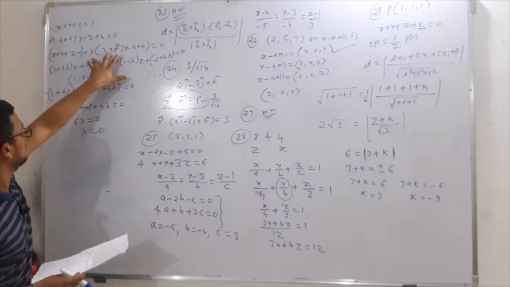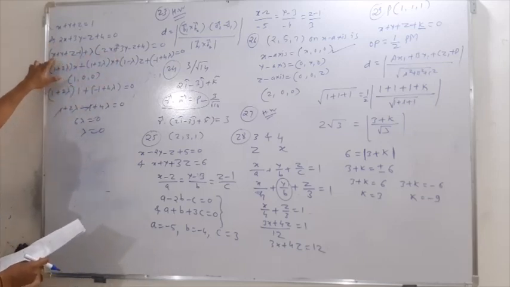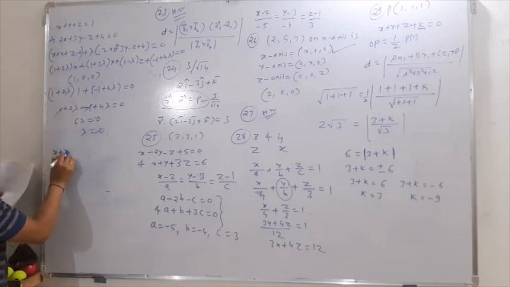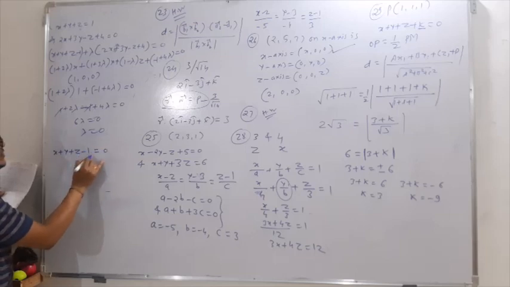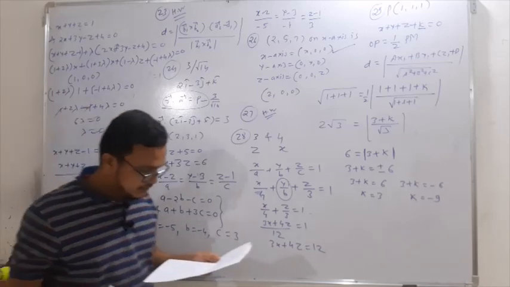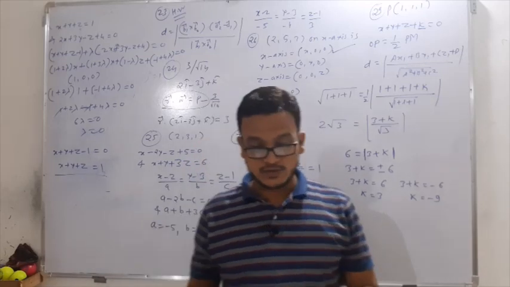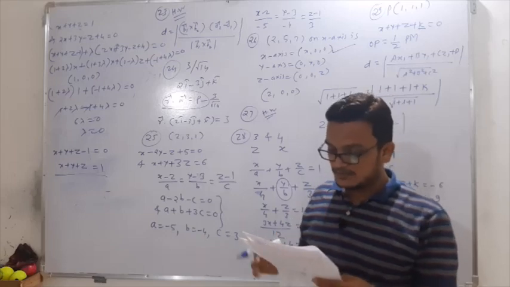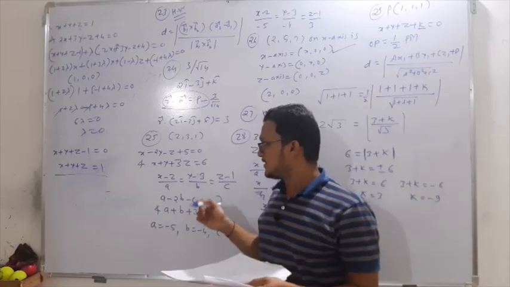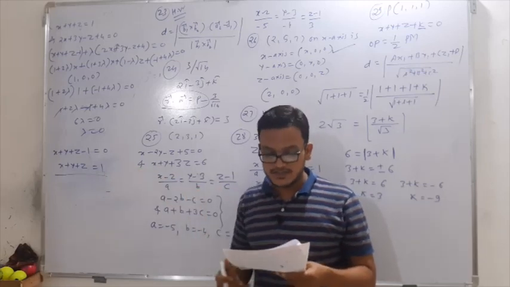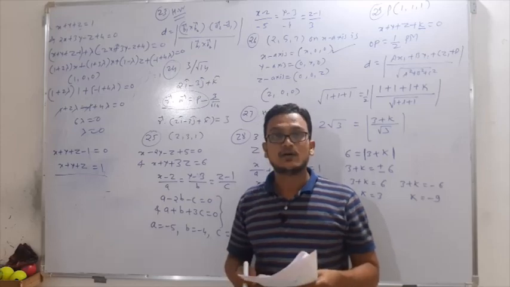If I get lambda value as 0, then see what equation we have. This complete part will be 0, and we are left with the equation x plus y plus z minus 1 is equal to 0, or x plus y plus z is equal to 1. So actually we get this equation, but that equation is not there in the options. But in the options we have one more option, that is none of the above. So I think none of the above is the correct answer, because the answer we got is not present there.